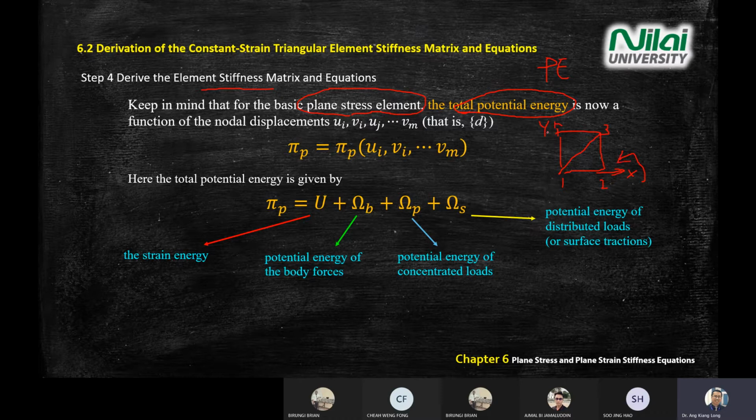And this is 4. So for example, the first triangle consists of points 1, 2, 3. However, when you define the second triangle, you need to follow the anti-clockwise direction. You will name triangle number 2 as